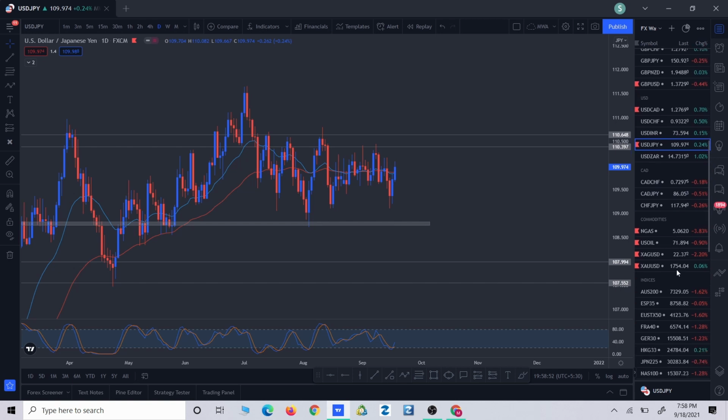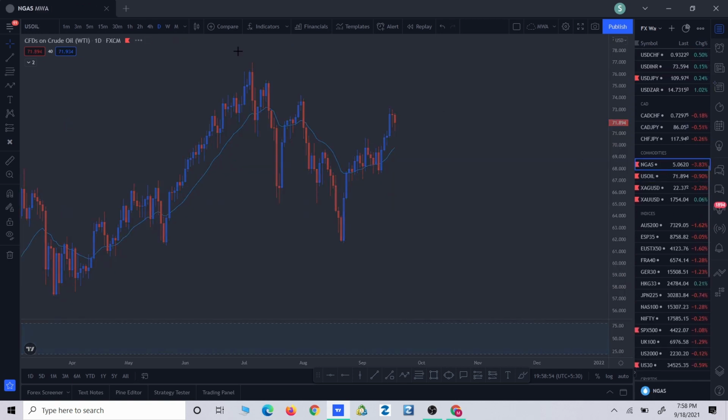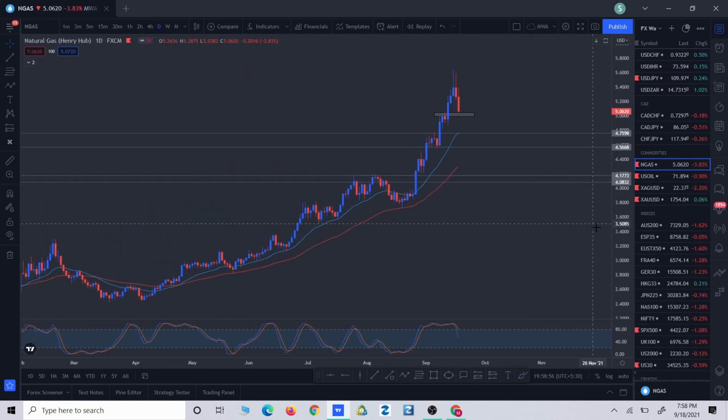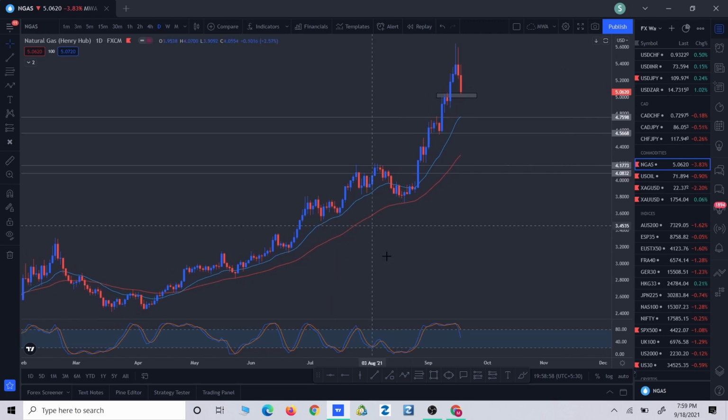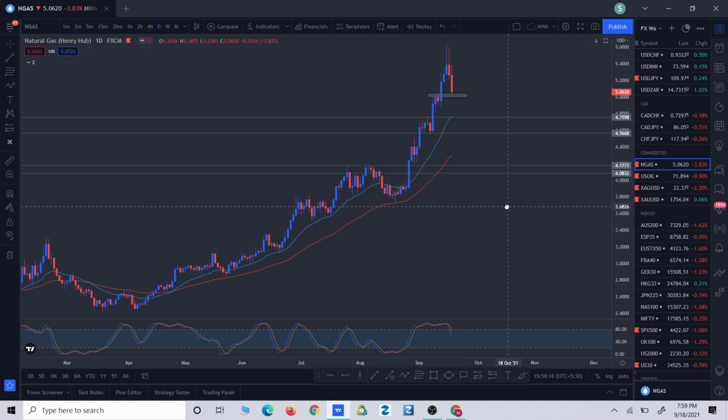commodities, and in commodities, we are going to start with natural gas. So let's check what's happening on natural gas. As you can see, price is bullish, making consistently higher highs and higher lows. Starting from here, we have the higher low, then higher high, higher low, and then the price broke and closed above the previous high, made a higher high. So as the price is making higher highs and higher lows, we are bullish,